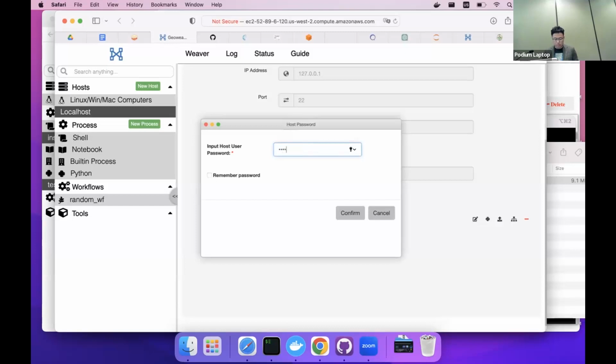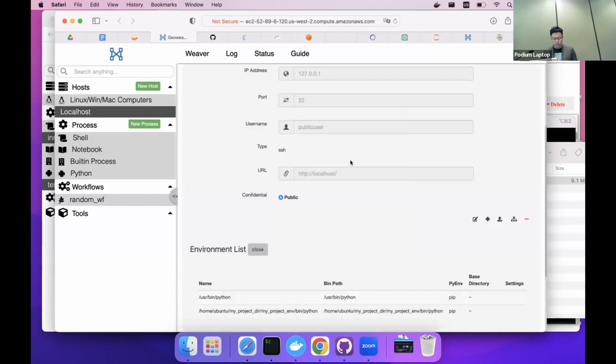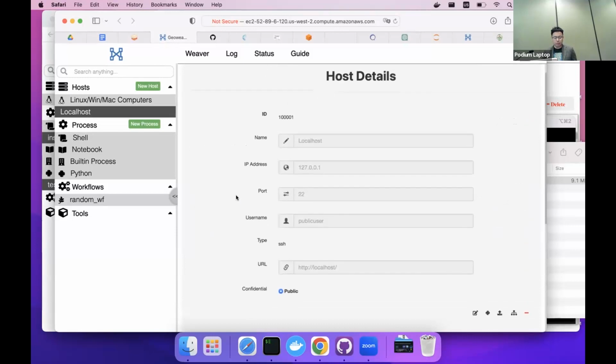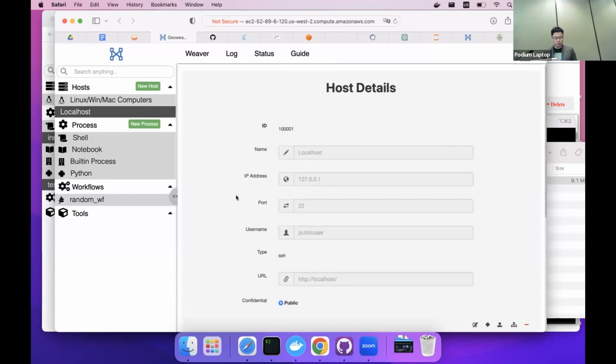You can reset the password anytime by yourself. It will search the entire server to find all the Python virtual environments. Right now it only has 2 because this instance is brand new. I just set it up on an EC2 instance in US West 2.